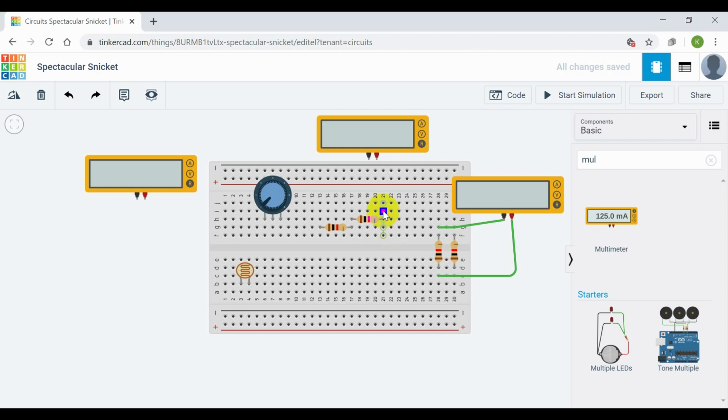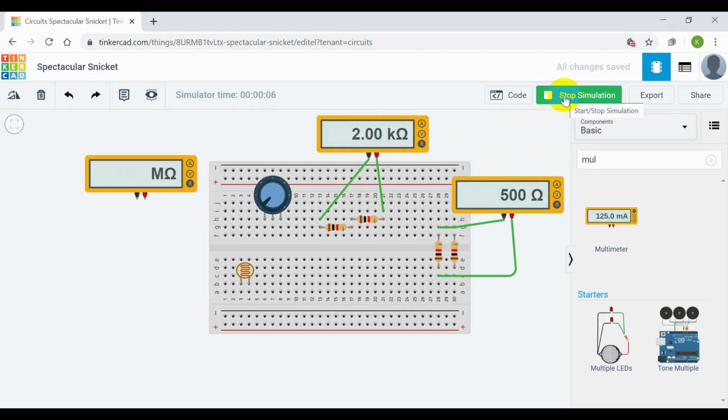We can take from anywhere here to this, next here to this. So now we are measuring the series equivalent resistance. Again, go for start simulation. Check here, you're getting the 2 kilo ohm.